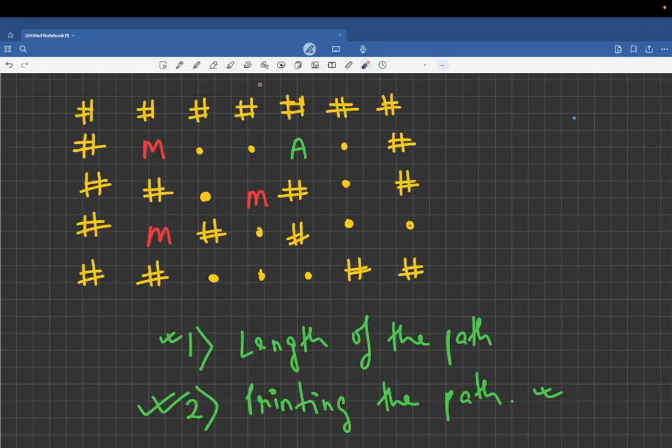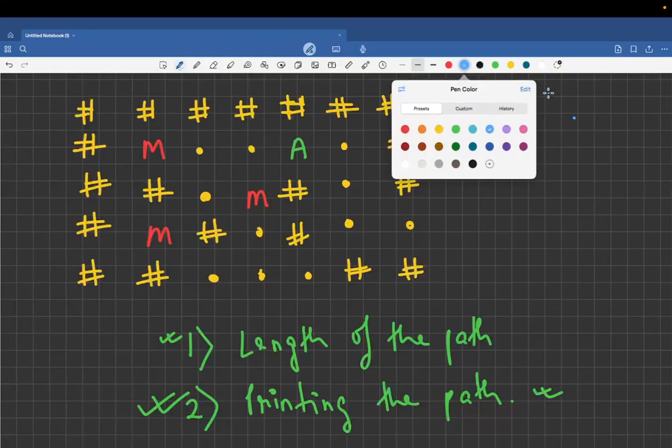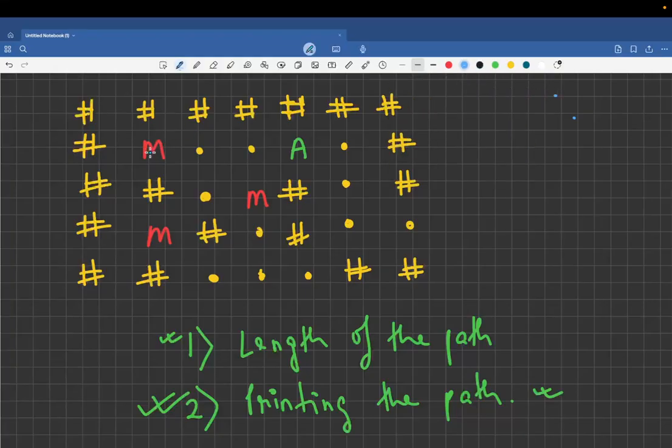Would you do that? Let's suppose you thought of doing this. Tell me the time complexity it would take. What will be the maximum time complexity? For every monster, you will assume the time complexity of nm. You will assume that it goes to every cell at least once in the worst case.